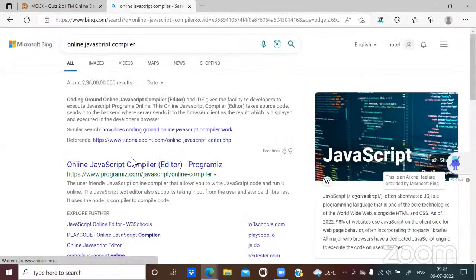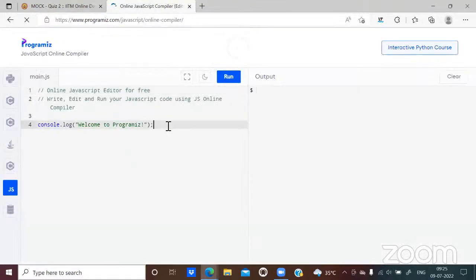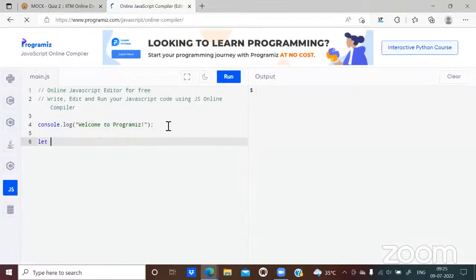I'll just open any JavaScript compiler on the screen. Say I write let A equals 7. This is a perfectly fine expression in JavaScript. We are creating an identifier, a variable name A, which we are initializing with 7. But let's say I try to use a keyword here, like we just saw, for or continue. Let's say we use for. What is going to happen? Am I going to get a syntax error this time?